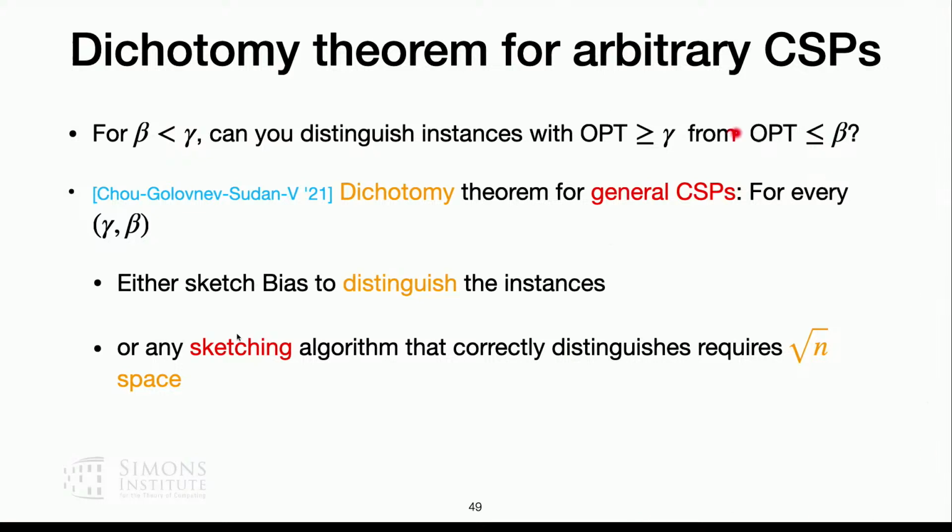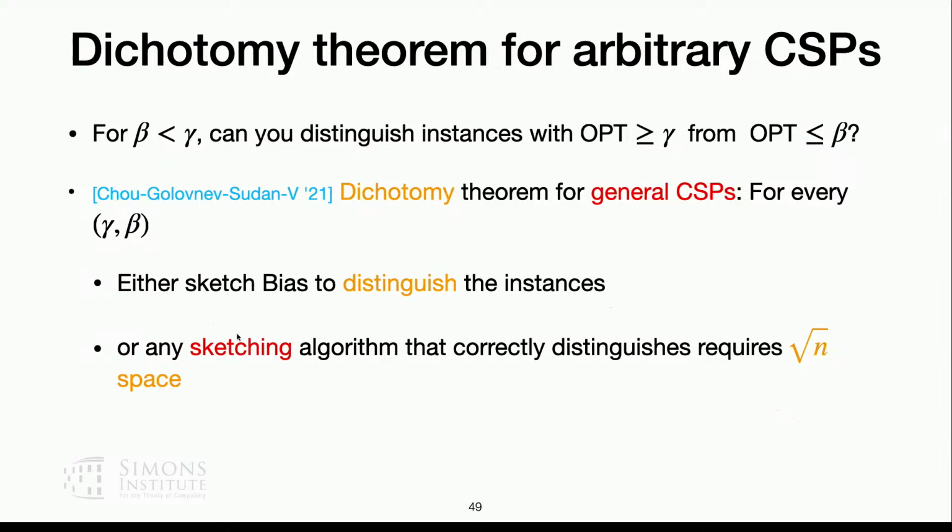So this is a generalization for CSPs where we show that there is this general notion of bias, which you can use to do this log n approximation for general CSPs or any sketching algorithm. So our bound is weaker here. We do not prove a lower bound against streaming algorithms. All we show is that if you have a sketching algorithm, then that cannot distinguish between instances that cannot be